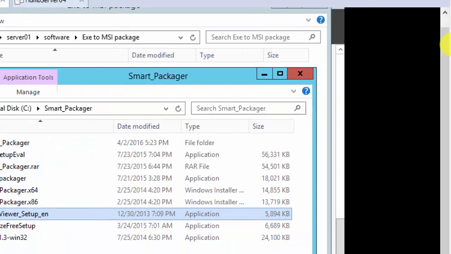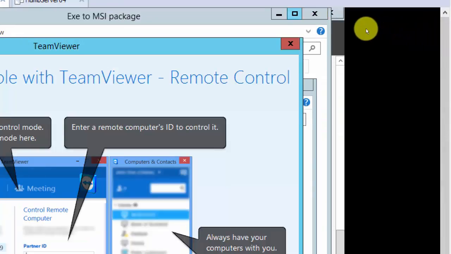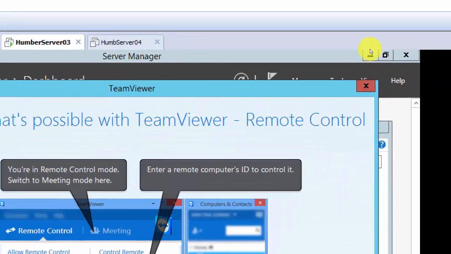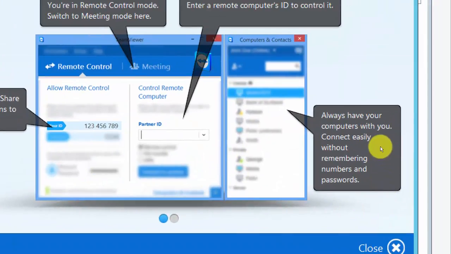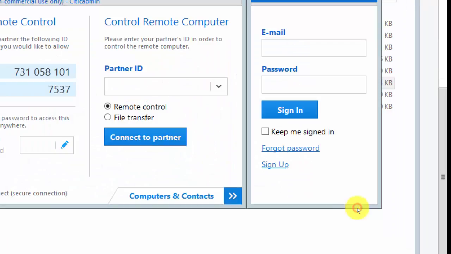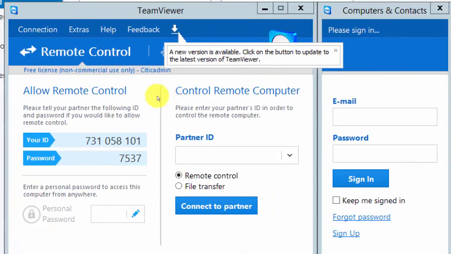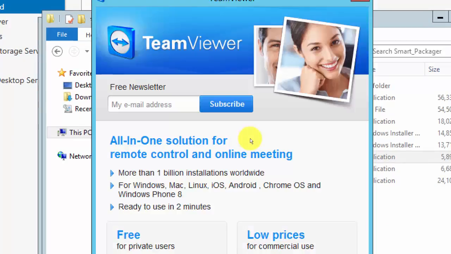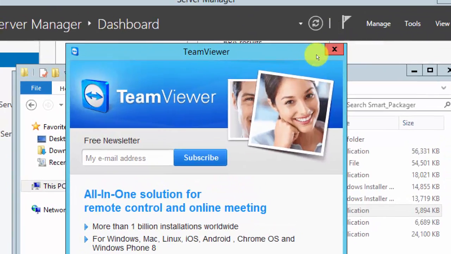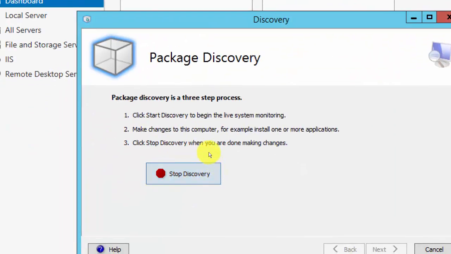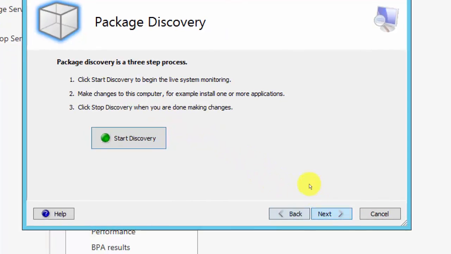And it's gonna pop up, and this is how it pops up. So the TeamViewer is there, all started up, right? I'm just going to close this because this is the TeamViewer now started. Close, and it just keeps on opening whatever. I'm just gonna close that, minimize this, and now I'm gonna tell it to stop discovery, so it knows what changes I made. Stop discovery, and next,